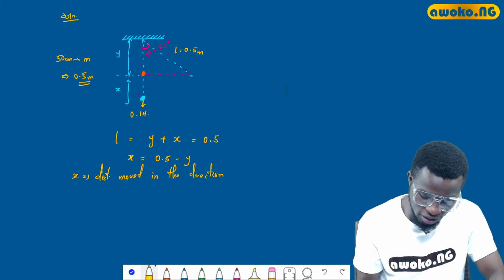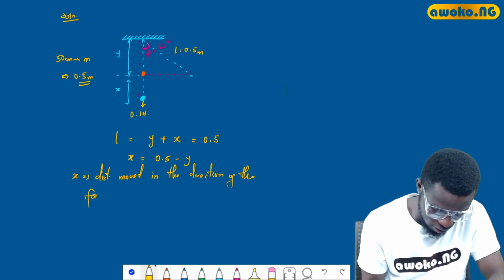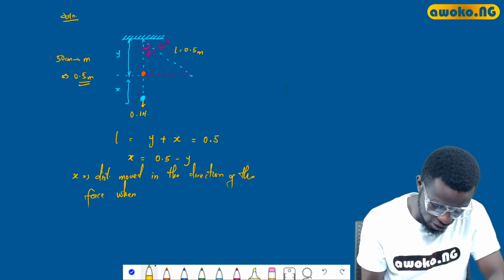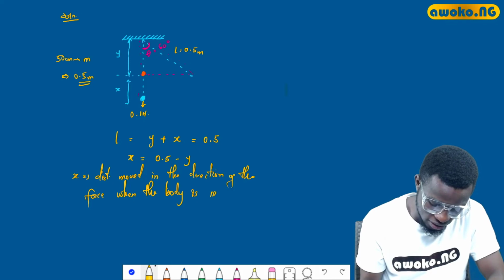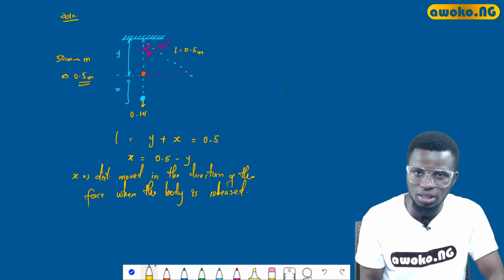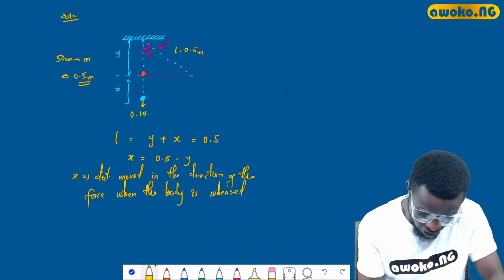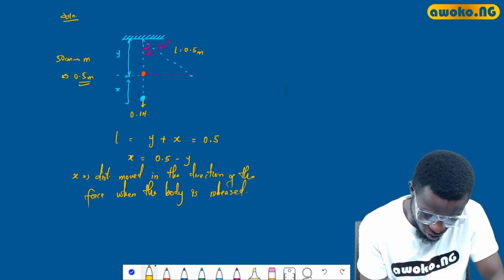X is the distance moved in the direction of the force when the body is released. So when the body is released, the distance moved in the direction of the force is equal to X, and it can be represented in this section over here,